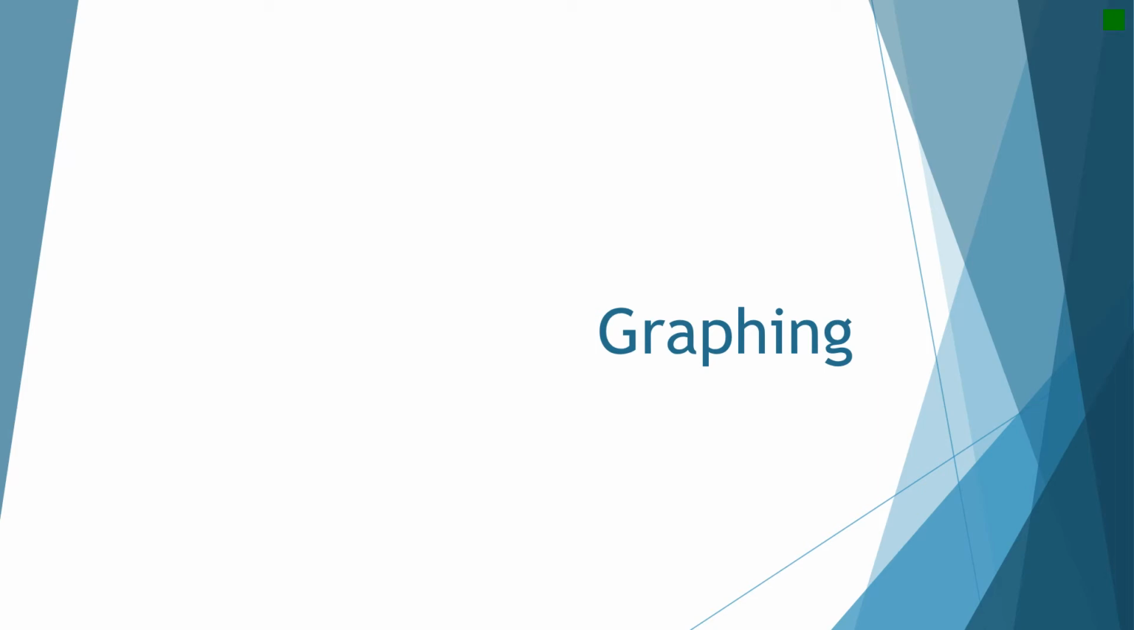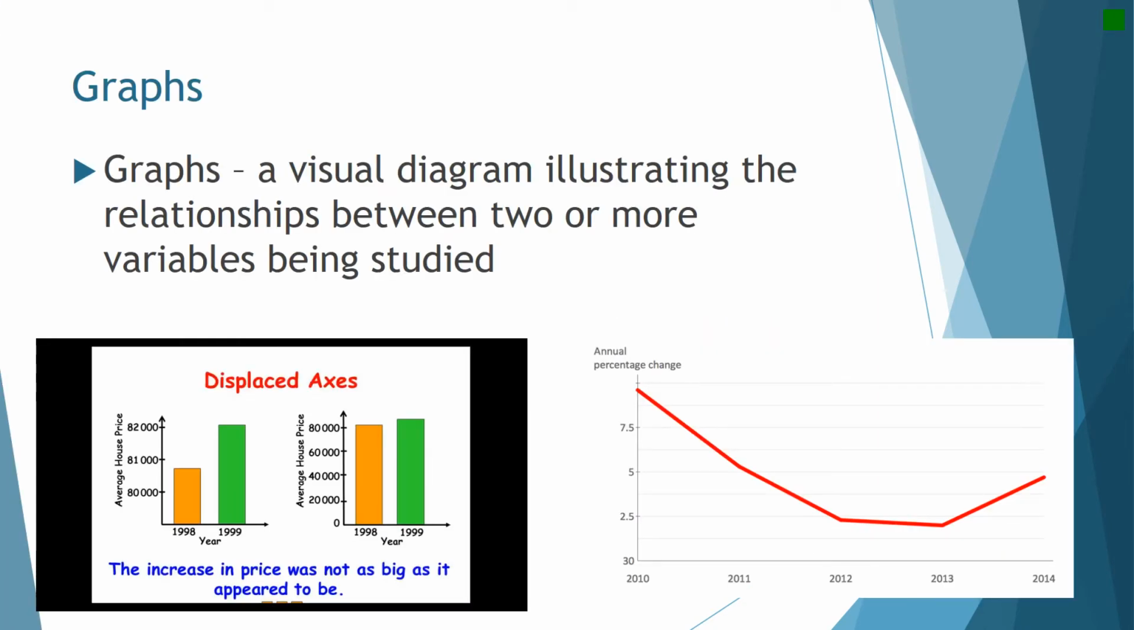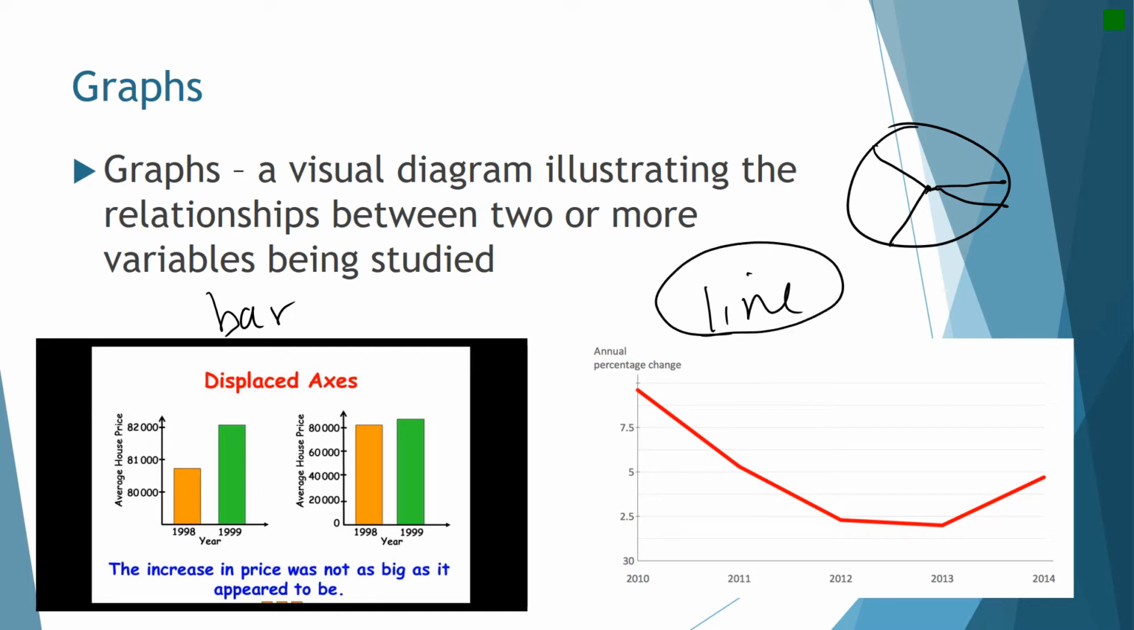Today's focus will be on graphing. As you know, a graph is a visual diagram that illustrates the relationship between two or more variables being studied. So we could have bar graphs, line graphs, or pie charts. In this class, we primarily will be doing line graphs. Line graphs do a really good job of explaining overall